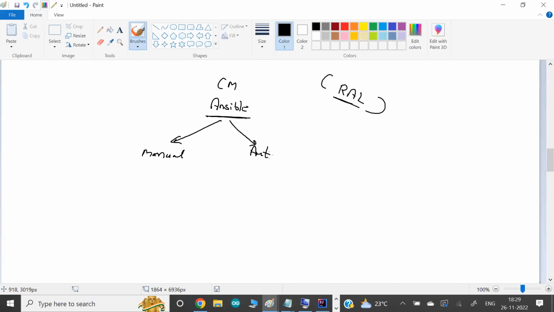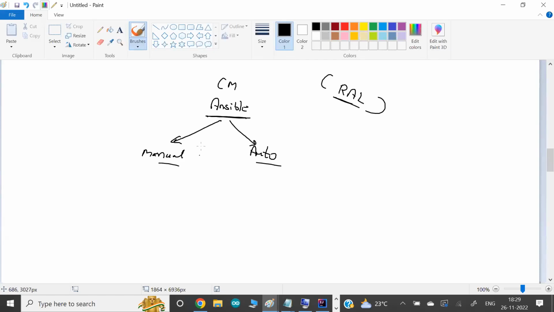Again, Ansible uses two different approaches for any configuration management. Ansible says, I am not a pure automation tool; I'm more of an intelligence tool, working on the concept of RAL, resource abstraction layer. I hide the entire resources, just use my knowledge, and do your things behind the scenes. But if you want to use me as a manual tool, you can. If you want to use me for automation, you can. Both ways I can work for you.